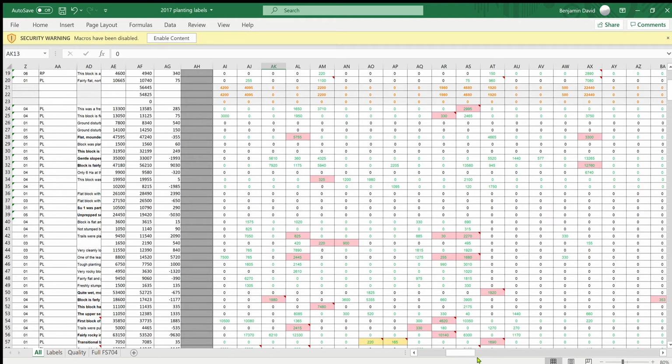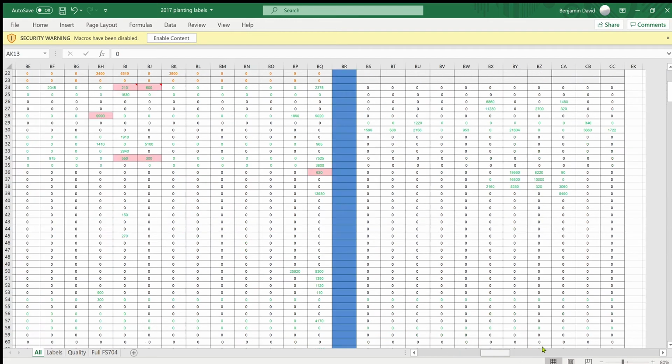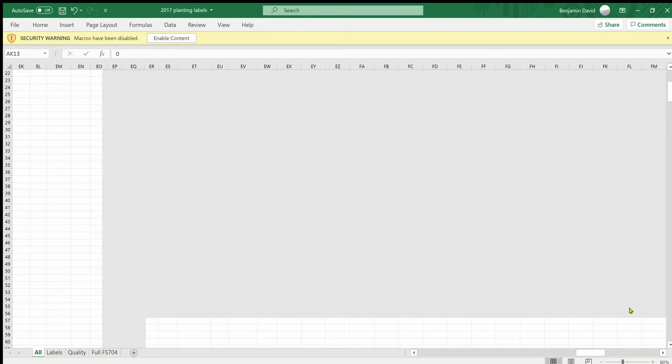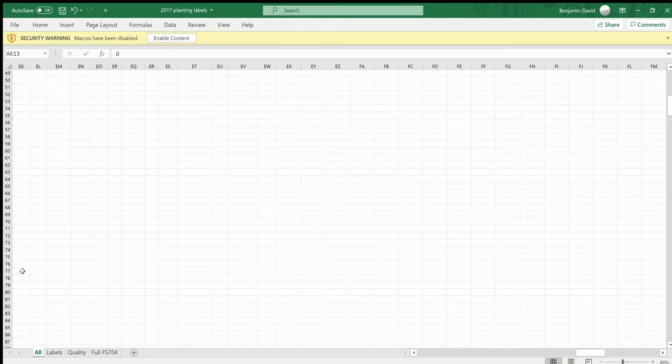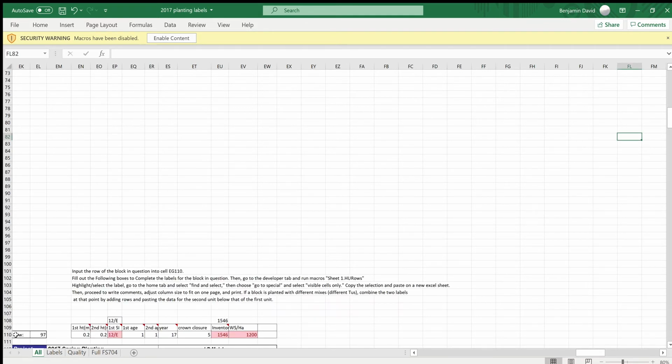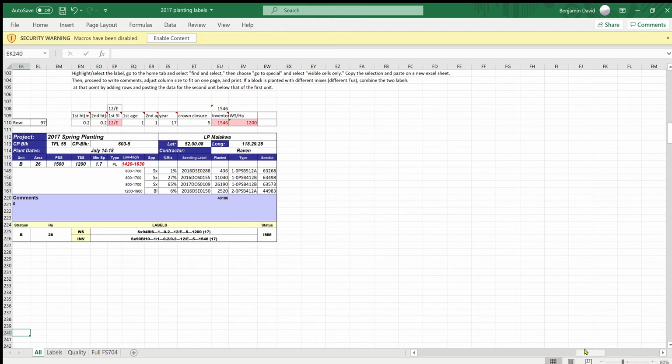So when all that is filled out, just go to the right side of the sheet, to like EK 100 or so, 110. So this is where the,